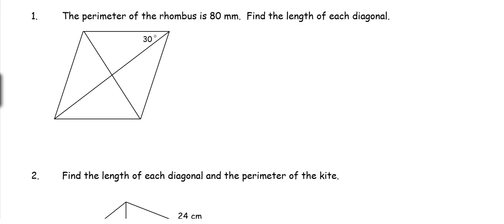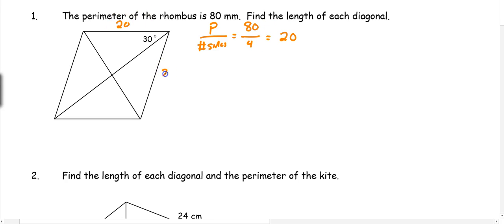This video is about applications of special right triangles. So in number one, we have the perimeter of a rhombus is 80 millimeters. Find the length of each diagonal. So if you're given perimeter, you want to take perimeter and divide by the number of sides. So in this case, we have an 80 perimeter and 4 sides, which means each side of your rhombus is